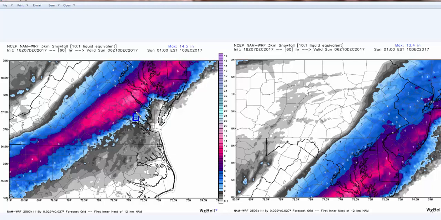Okay, 7 inches on the north side, nothing in Newport News. This is Gloucester, Matthews, same sort of thing. Tappahannock gets crushed. On the bay, nothing. Ocean City gets very little. Salisbury, 9 inches. Very, very distinct line here. So, Greensboro gets a little less snow on this map than the other models, but still a decent snow for them.